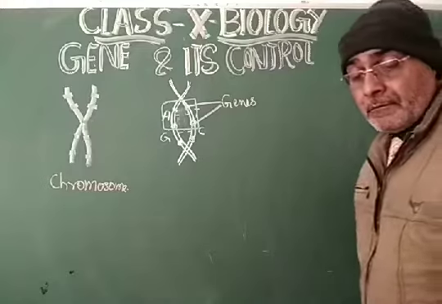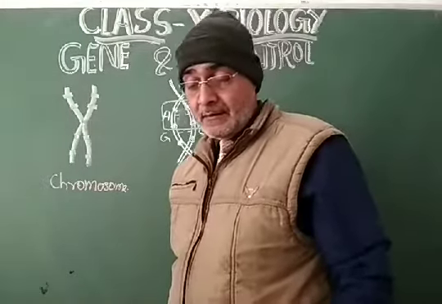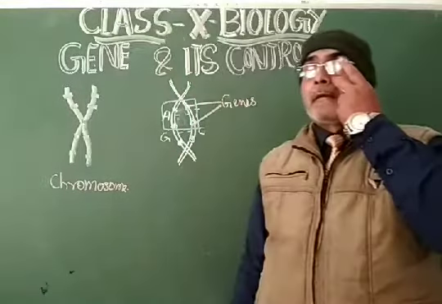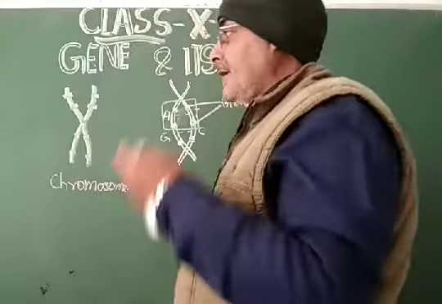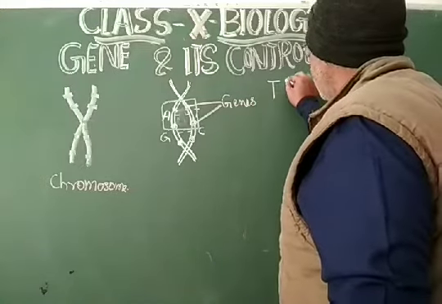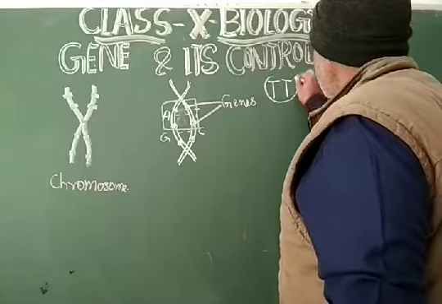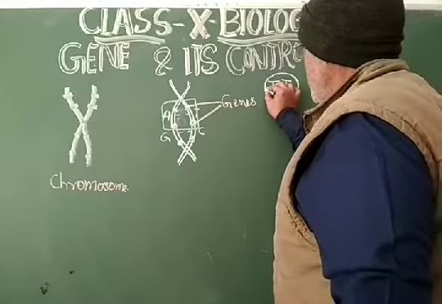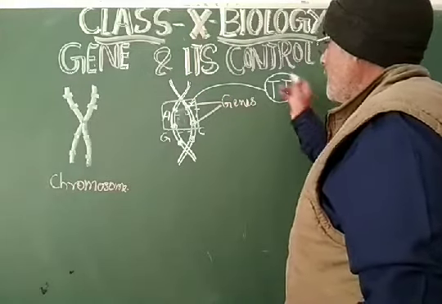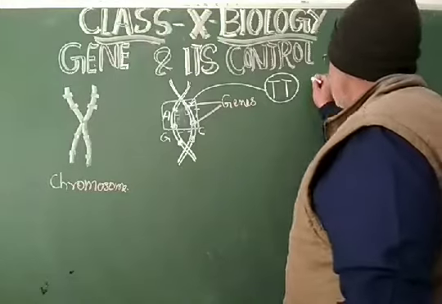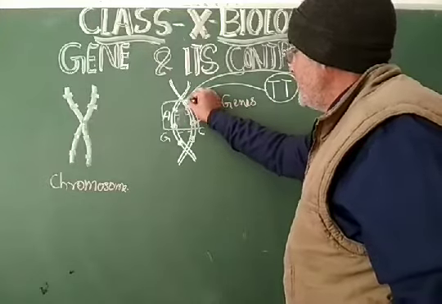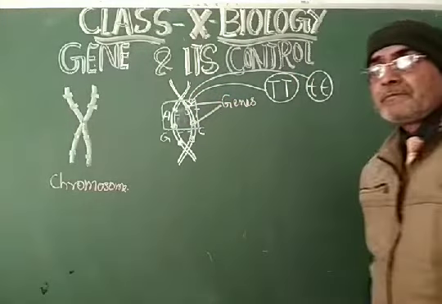My dear students, these genes are the unit of inheritance. Suppose they are expressing a character like tallness and dwarfness. Take the character tallness, that is a capital T. So this genetic code is present here. Tallness and dwarfness are both contrasting traits, and these traits will be presented by this particular segment as a gene.